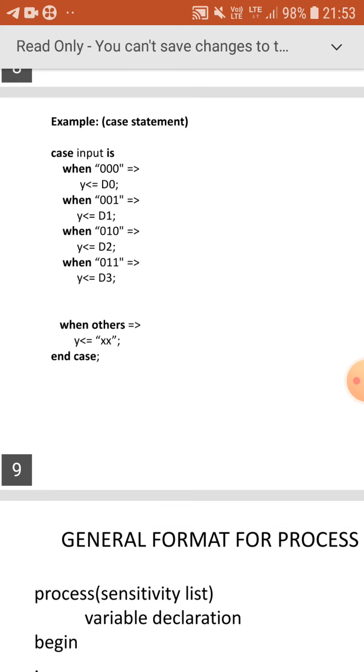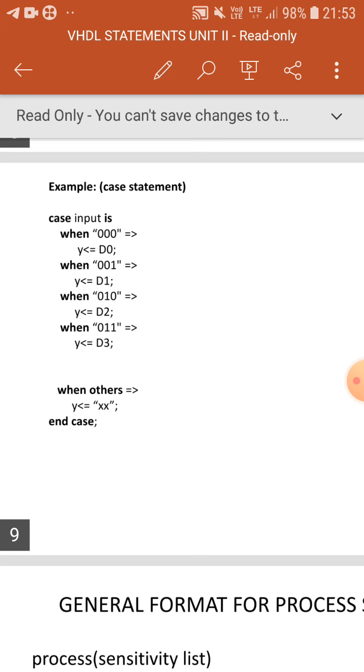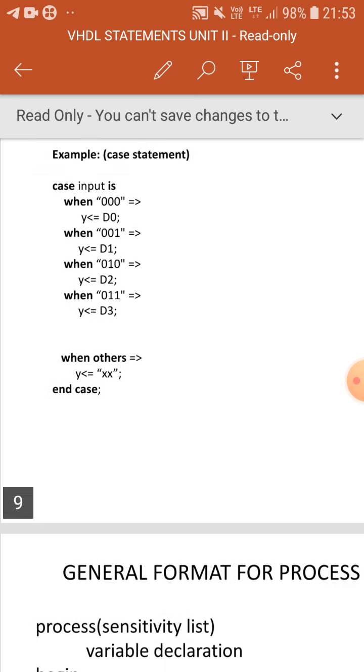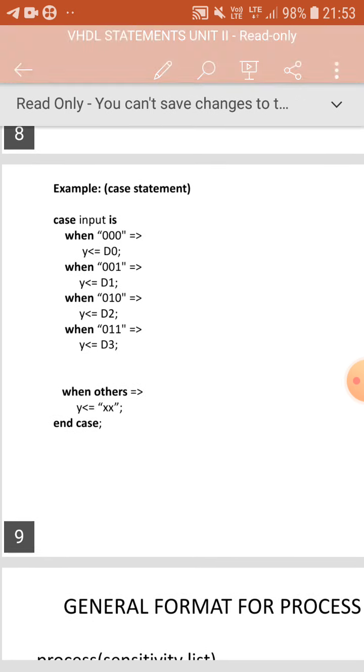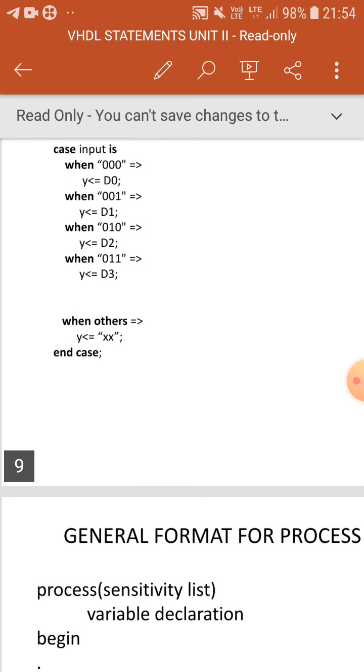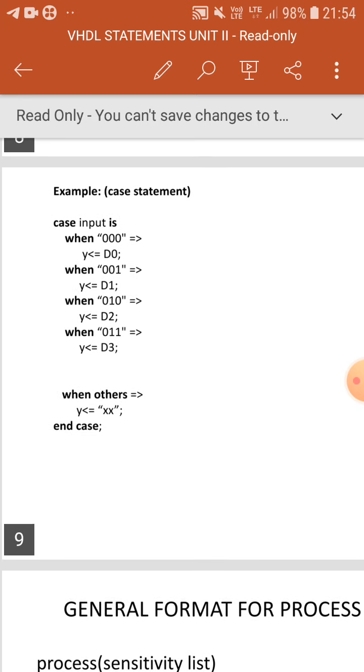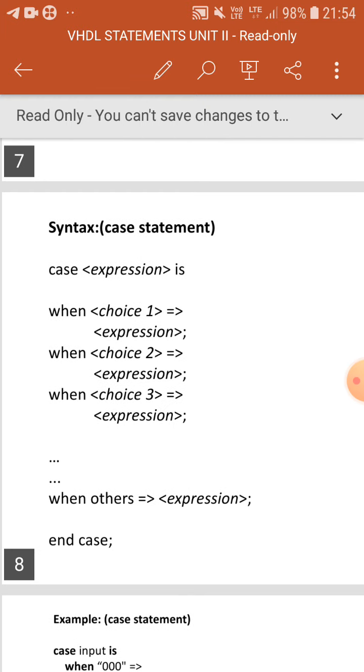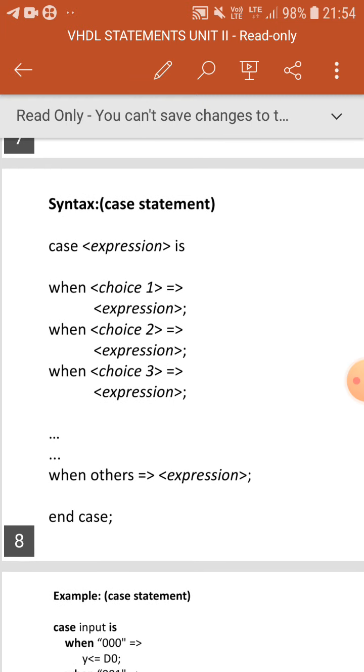If any one condition is not satisfied, then xx will be assigned to y. The last line, you have to use end case. So this is the example for case statement. This is the syntax or general format for case statement.